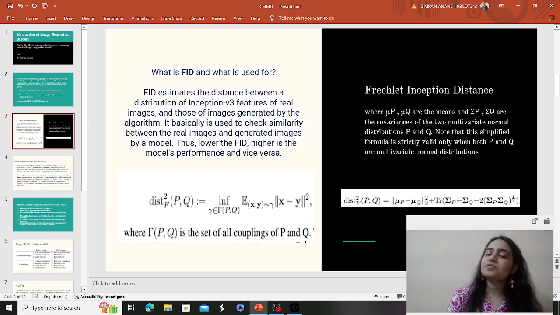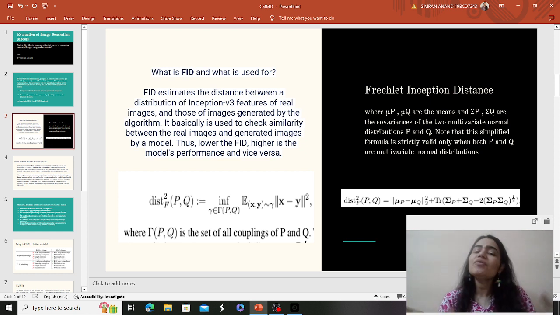For any similarity between two image distributions, any two probability distributions you have, how do you calculate similarity? You calculate similarity by computing the distance metric. So this is the distance metric only. I would say that if you have more distance between two image sets, it means more dissimilarity. If two image sets are highly dissimilar, they are very apart from each other, there is a lot of distance, so FID is more.